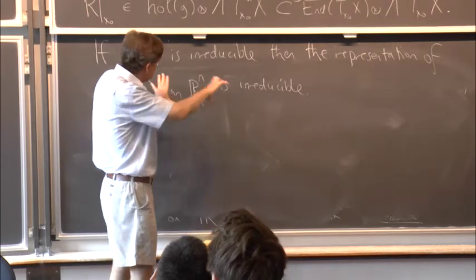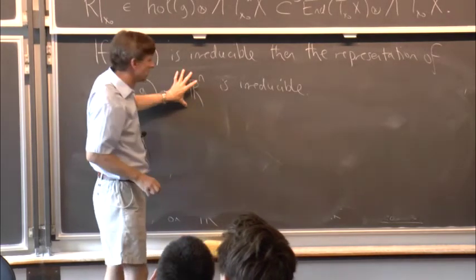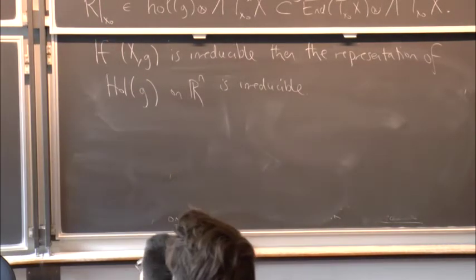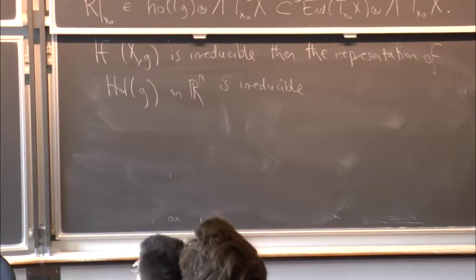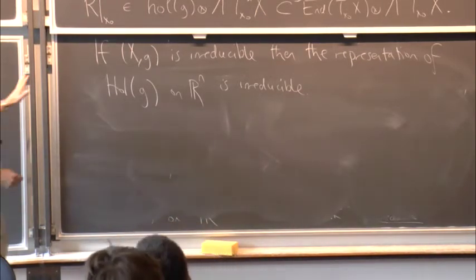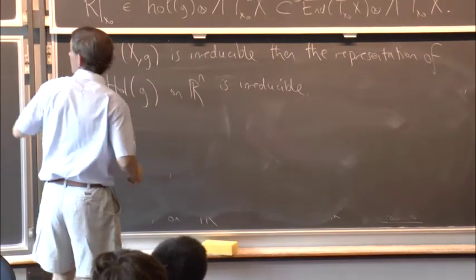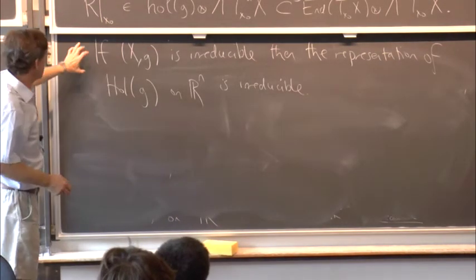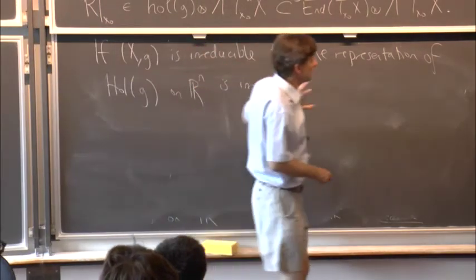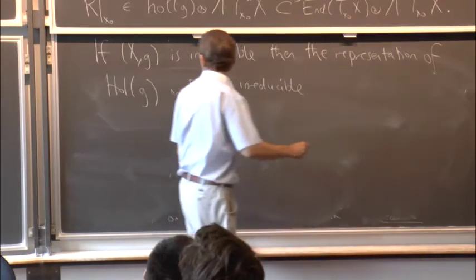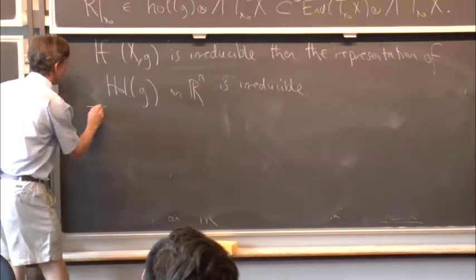And then in open sets, these would force the metric to be locally reducible. Okay, so what this buys us is that we can assume that the holonomy group acts irreducibly on R^n. Okay, so to allow